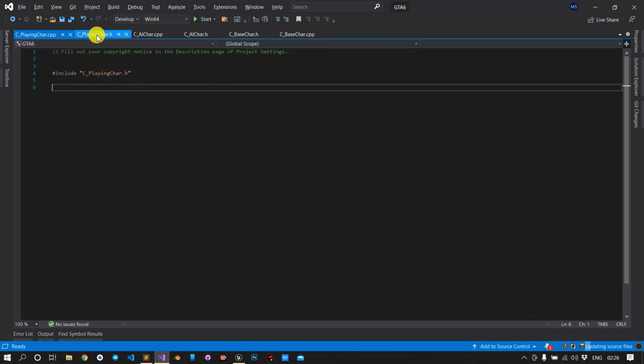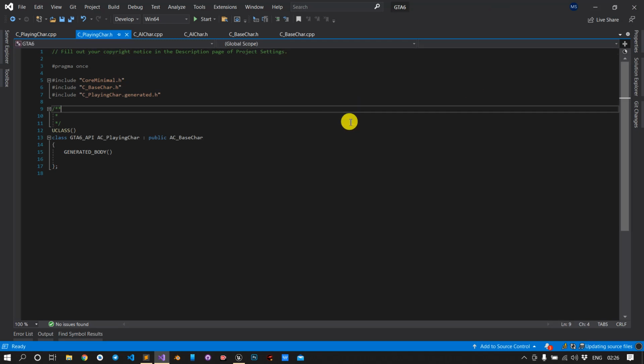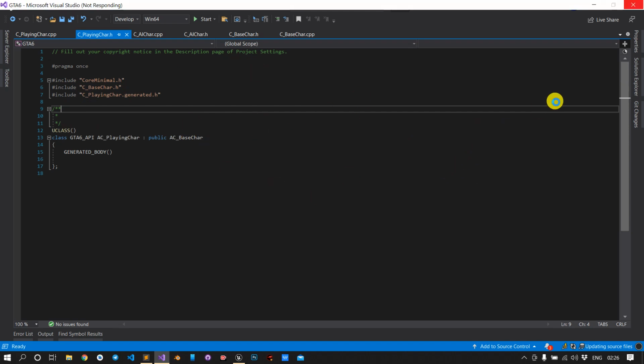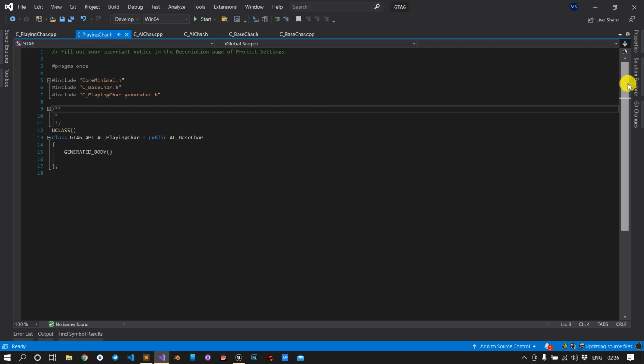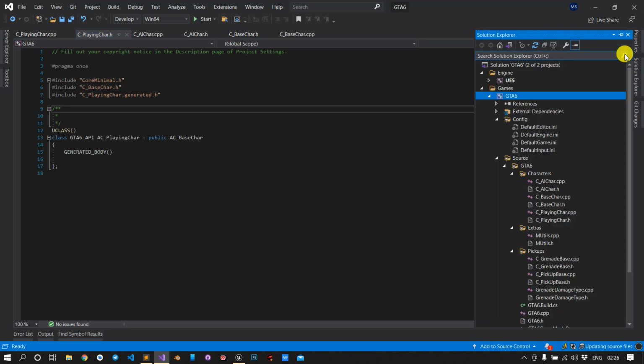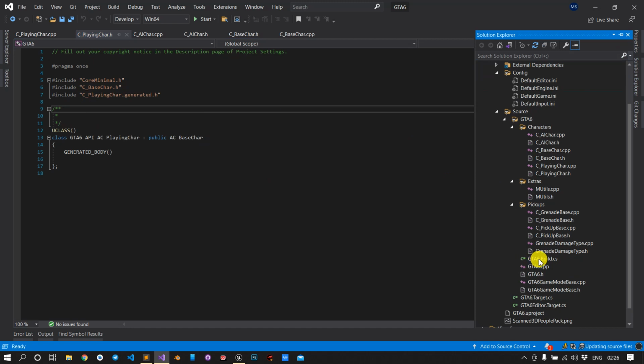So in the playing character, first thing we have to do to use the AI and the navigation mesh for AI, we have to include some external module functionality. So just go to the Solution Explorer, look for your program name .build.cs.